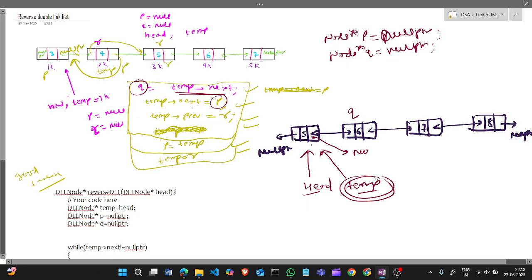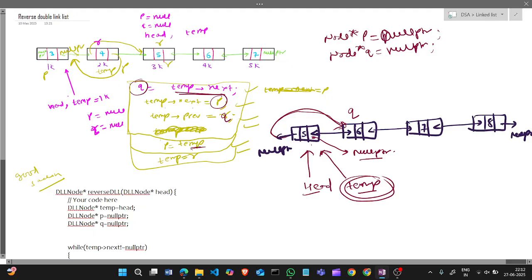Now we will put the temp previous, which is this, in r. So r is what, this is the q now. So here this is q only. So we will make this like this.